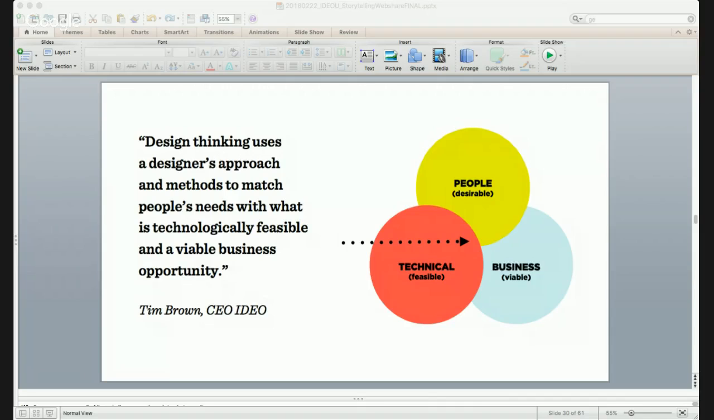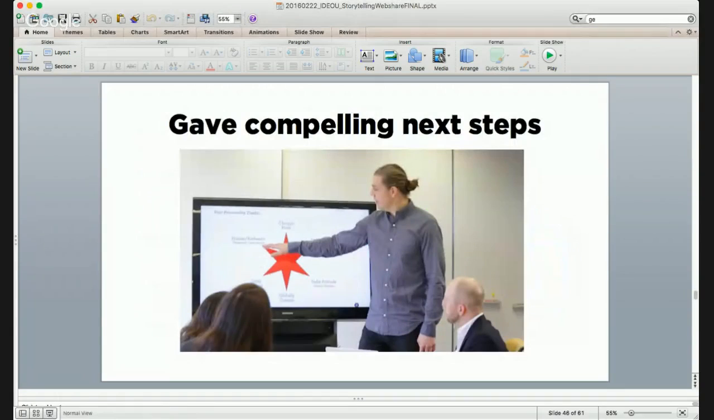And then through all of that, and through all of those stories, they gave very compelling next steps. And so those next steps,